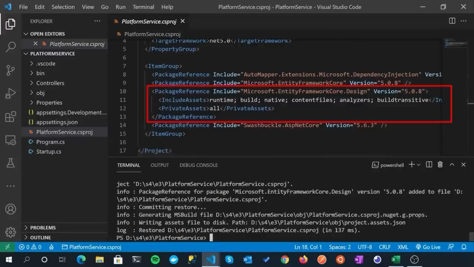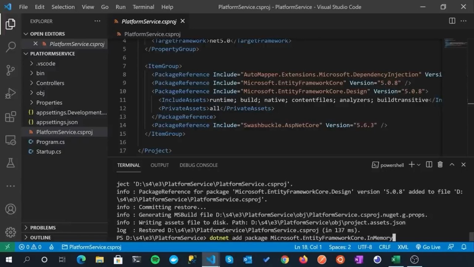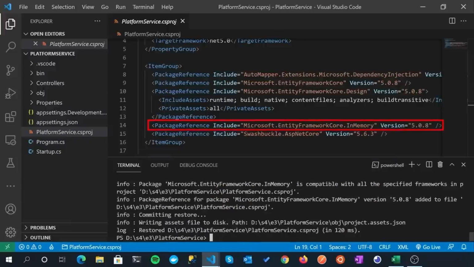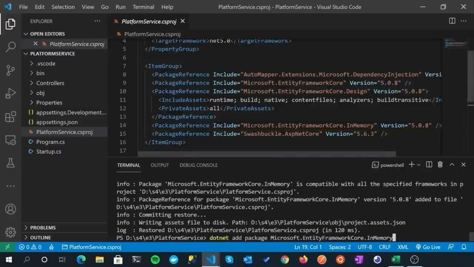And then the last one, well actually no, it's not the last one, we got two more to go. So Microsoft.EntityFrameworkCore. We are initially going to use an in-memory database because it's just a lot simpler than connecting it into SQL Server, but we will of course use SQL Server eventually. But yeah, we do need Microsoft.EntityFrameworkCore.InMemory. And then the last one in this kind of Entity Framework Core is of course SQL Server.